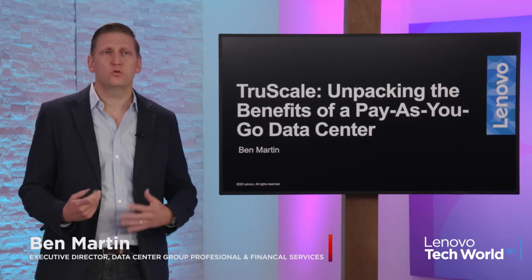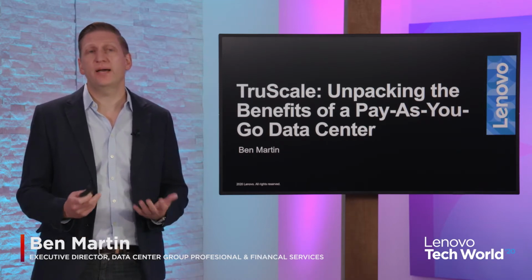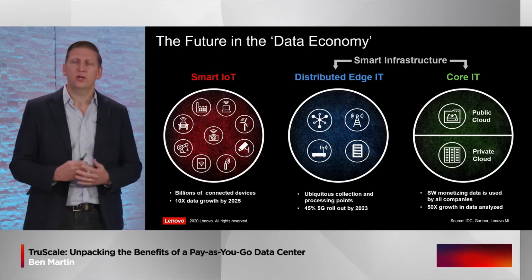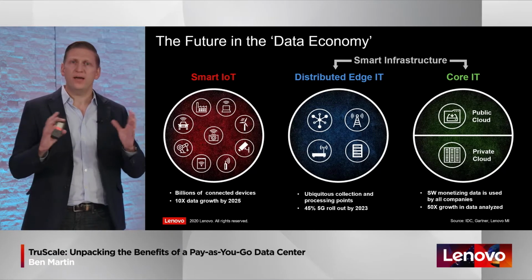I'm here today to talk to you a little bit about TruScale and break it down and unpack some of the benefits of a pay-as-you-go data center. But to start, let's just talk a little bit about what we are seeing happening in the industry at the moment. Lenovo did some research and we pulled together an analysis to map out this view of where the data